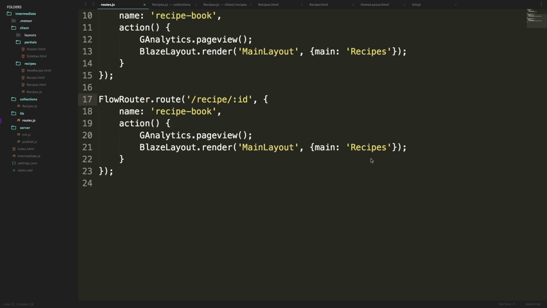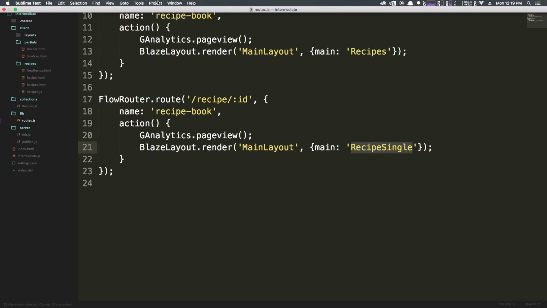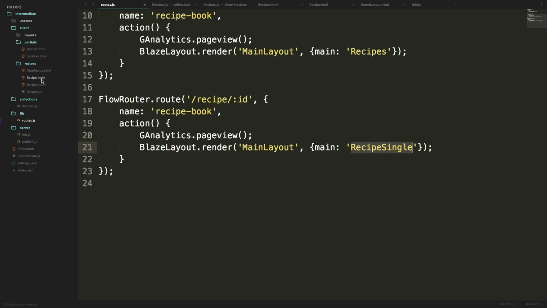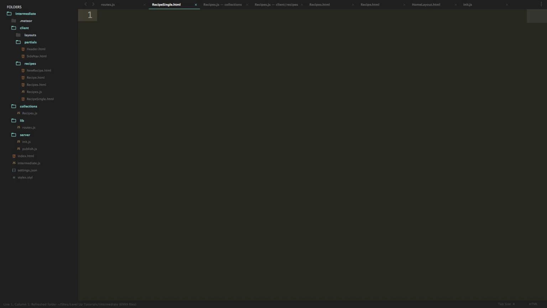Now, what we want to load is we don't want to load recipes. We don't want to necessarily load the recipe. We could just say recipe single and make a new template. That way we're not stuck using the exact same template that we're using for the listing. I know in some instances you might want to have one single template for the listing itself and the individual. In this instance, we do not. We can say new file recipe single.html. Let's make a new template. Name is equal to what we've been using, recipe single, and we can just simply output